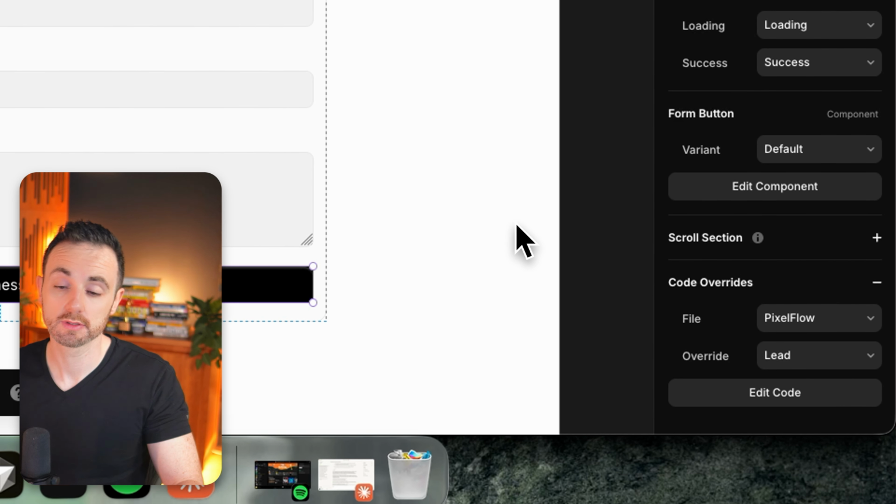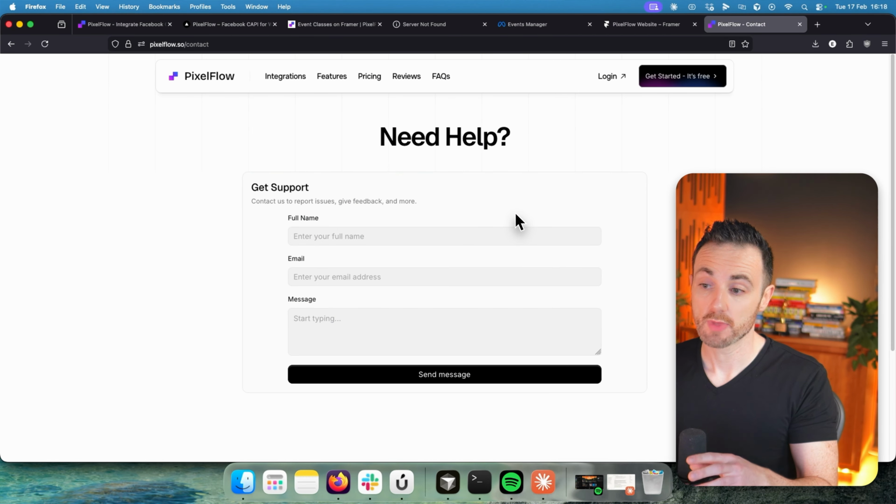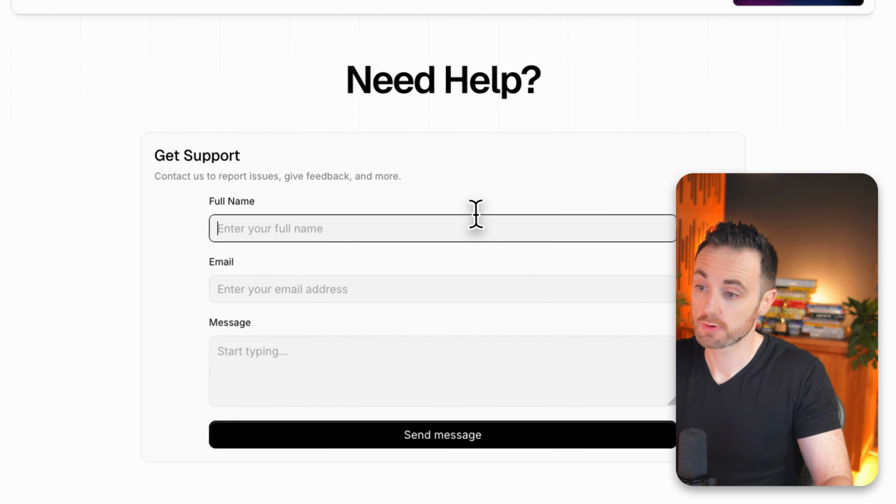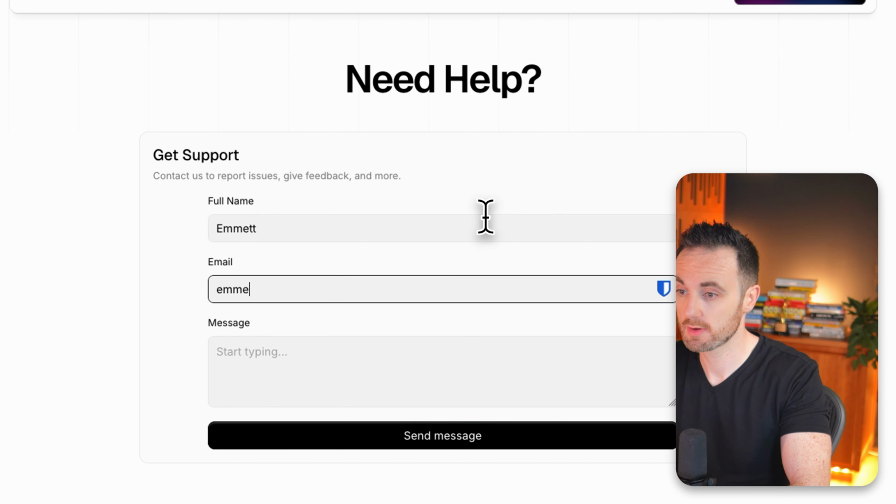What this will do is anytime somebody submits this form, it's going to submit a lead event, capture the person's name and email address, and send it as an event to Meta with a higher event match quality score because we're capturing the user's name and email address along with lots of other information too in the background. And I'll show you what that looks like now. Let's submit an email through this form and see what information is captured and sent along with the event to Meta. So I'm going to put in my name, email,